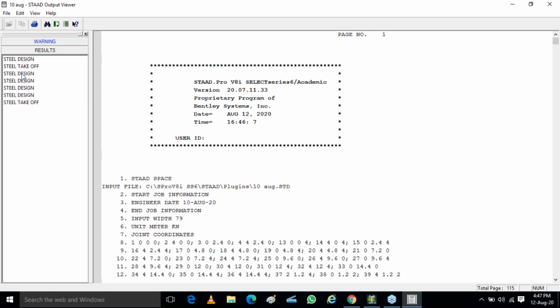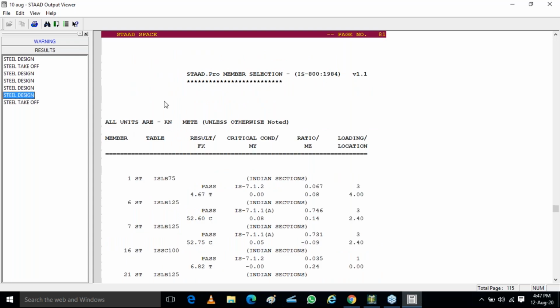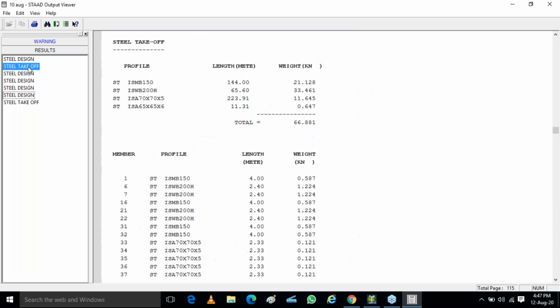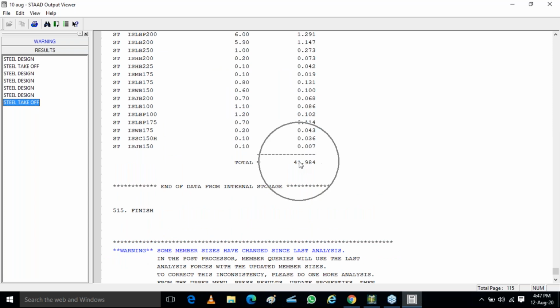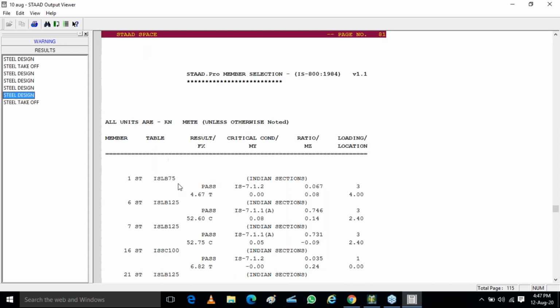Now you check it. Instead of one steel design, we have 3 to 4 commands. Previously what we had provided was 66 kilonewton. Now what the select optimize has done, it is 41, which is nearly 20 kilonewton, which is 200 kgs less steel. Less steel means more cost effective. So you have to do effective design. So that is what we can take.